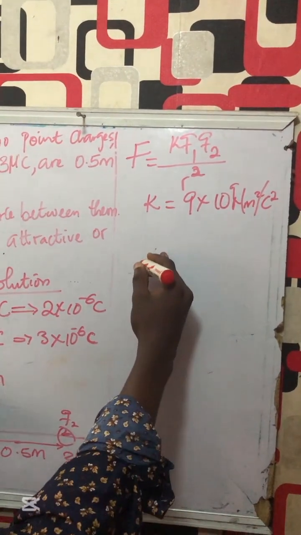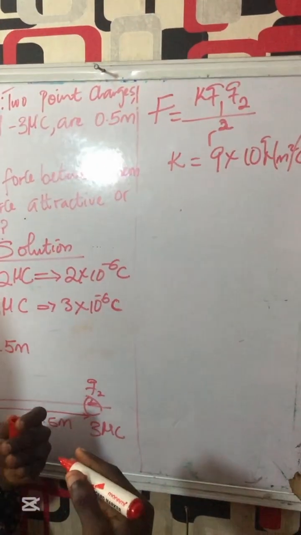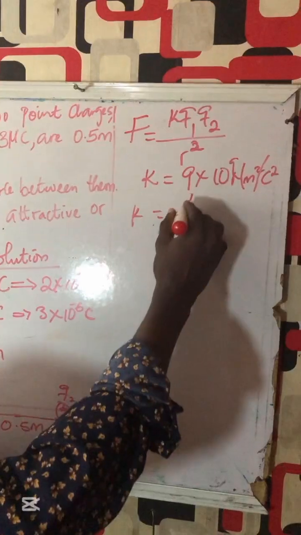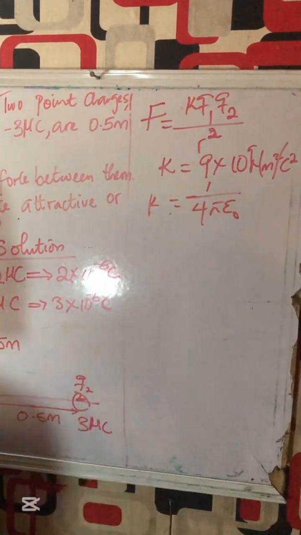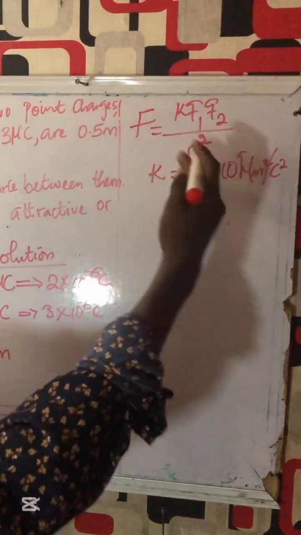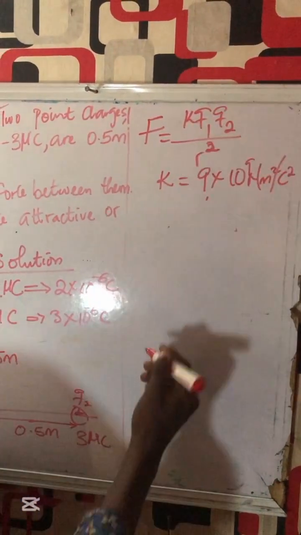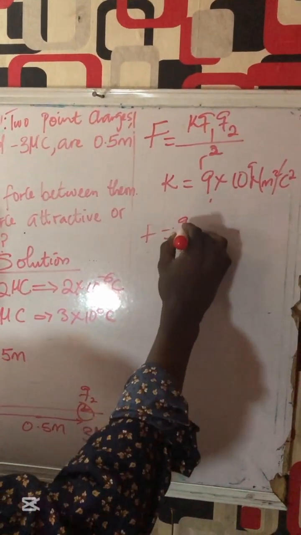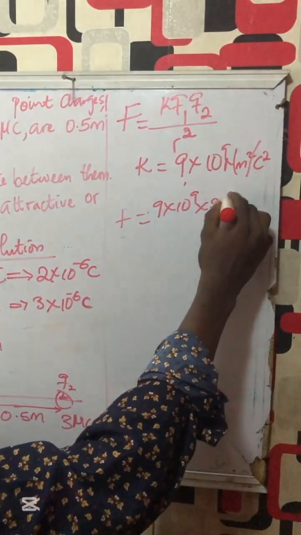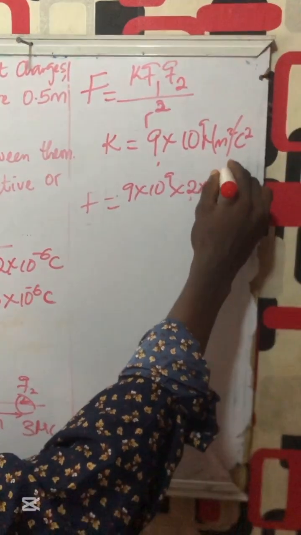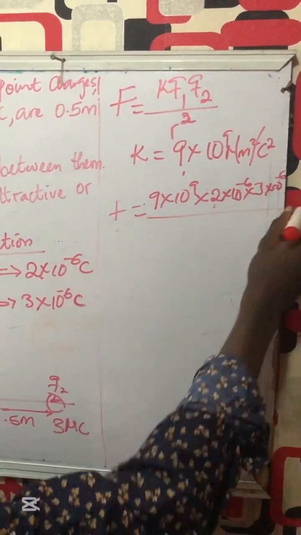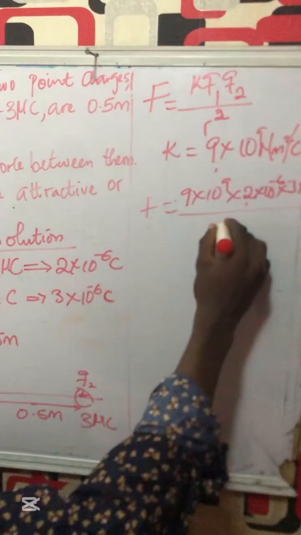And we also know from basic knowledge of electrostatic force that K is also known as 1 over 4 pi epsilon naught, but the constant we need is the value of K here. Alright, so now let's continue. Let's input our values into the formula. F is equal to K, that is 9 times 10 raised to the power 9, times Q1, which is 2 times 10 raised to the power minus 6, times Q2, which is 3 times 10 raised to the power minus 6, divided by R, our distance, which is 0.5 meter,